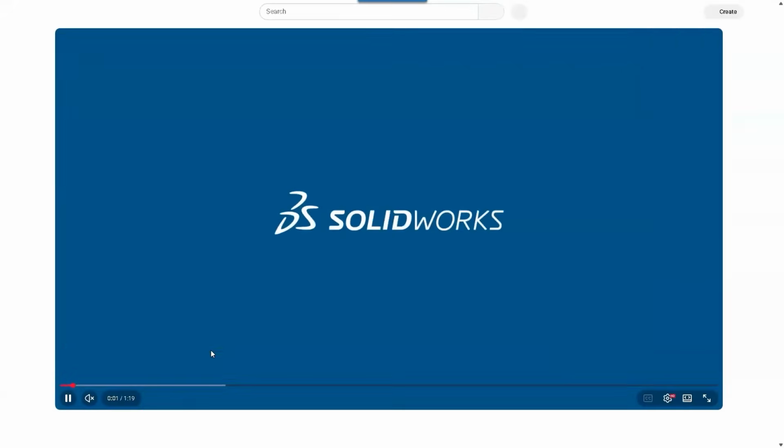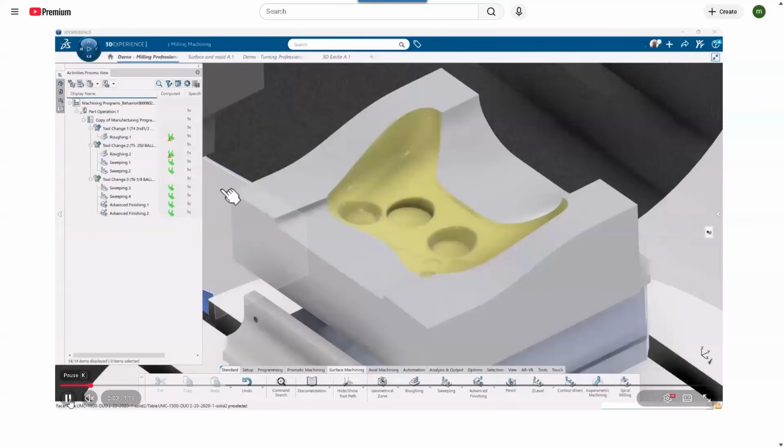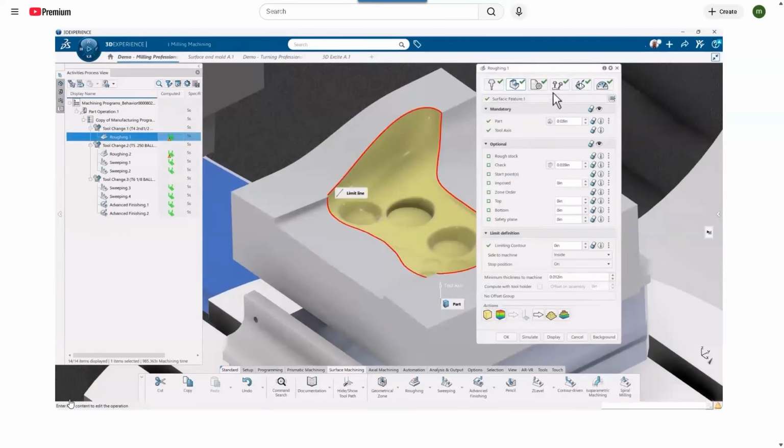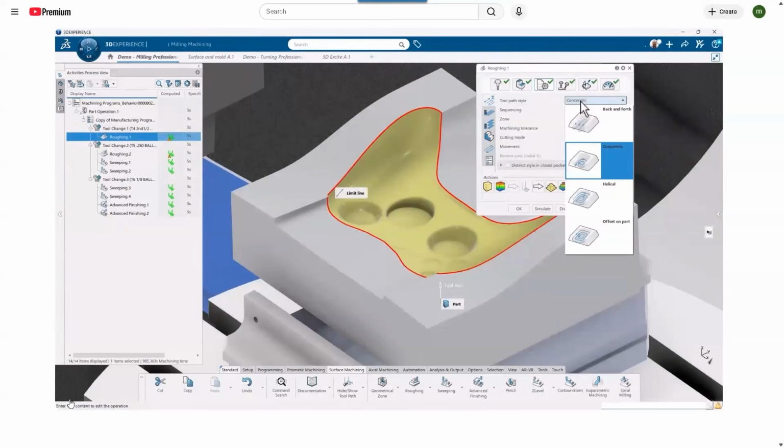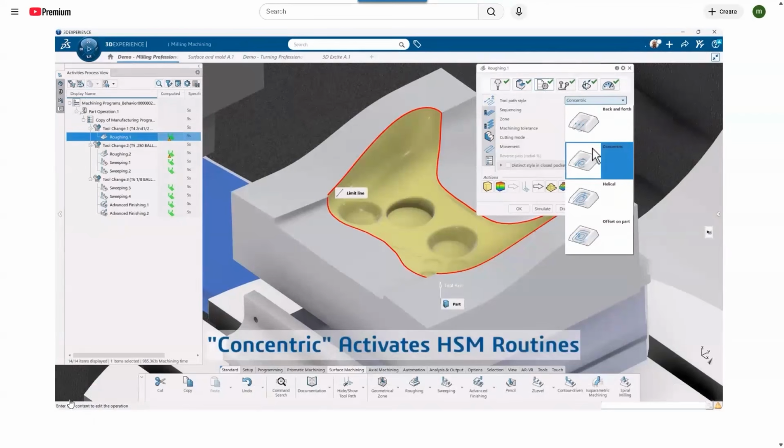We have high-speed machining with our advanced machining. What we do is a little bit different. So in SolidWorks CAM, we have ModuleWorks. When we start talking about our high-speed machining with Milling Professional, what we're talking about is concentric, and we call it adaptive concentric